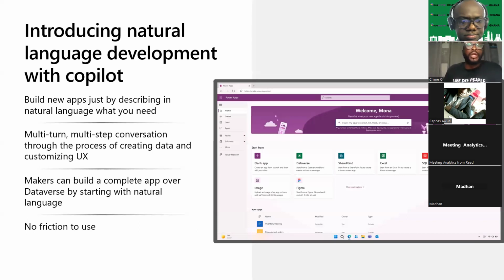So when it comes to low code for AI, there are lots of enhancements that Microsoft has provided for us. We're now able to use natural language for our copilots, so you can actually just build your apps using natural language. I also ran a demo to show you exactly how you can do that. I'm also looking at the time, so I'll just show you a few demos around low code Power Platform areas where copilots are being used. Okay, so if I go back to this, just bear with me.